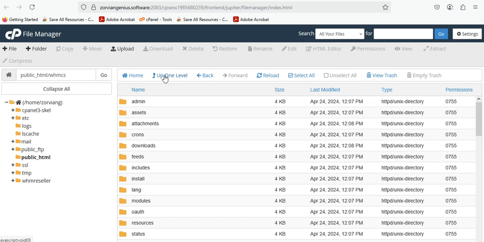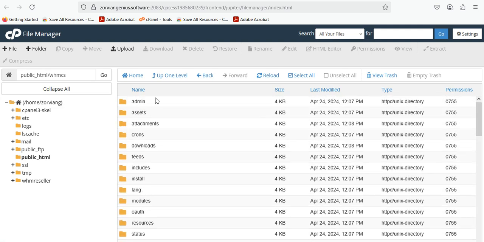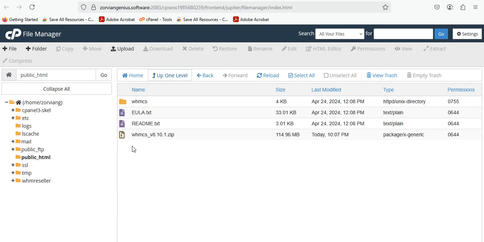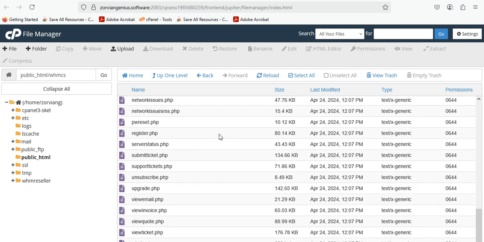But now, I wouldn't want this to be here. I wouldn't want to install it inside WHMCS. I would like to take this back to this place. I wouldn't want to keep this inside. So to do that, I want to take them back so that when you enter the URL and all of